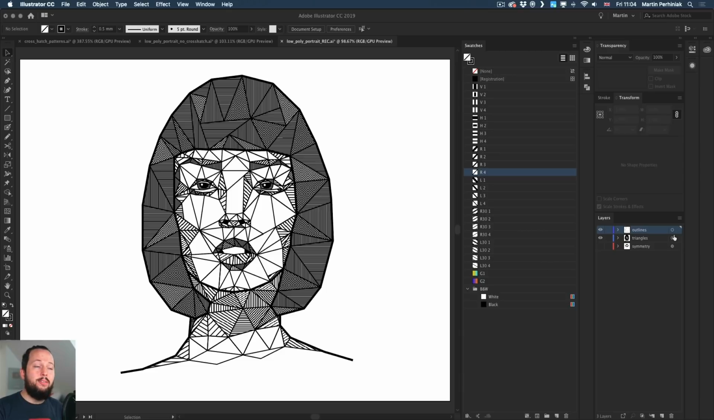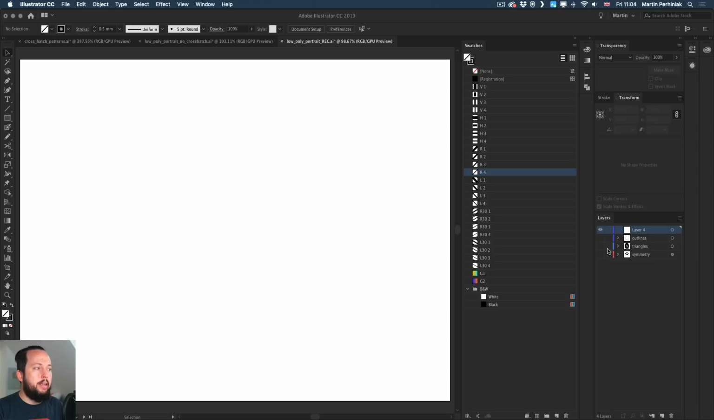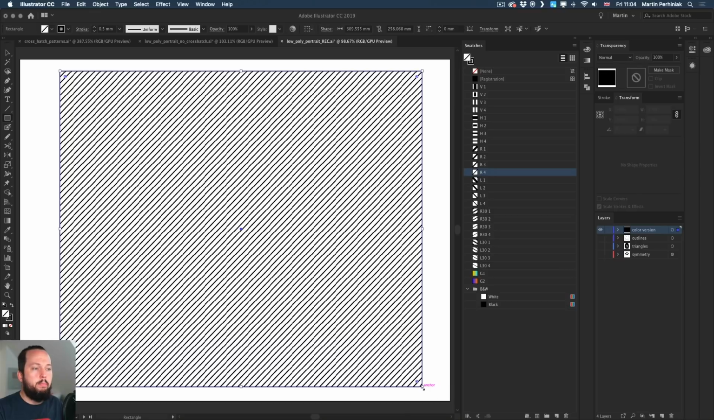So first of all, you need to select everything. So I just select the whole illustration and copy it. Then you can even turn off these layers and just create another layer on top of everything. And I'm just going to call this one color version. All right. Now I'm going to use the rectangle tool and just draw a big rectangle that pretty much covers